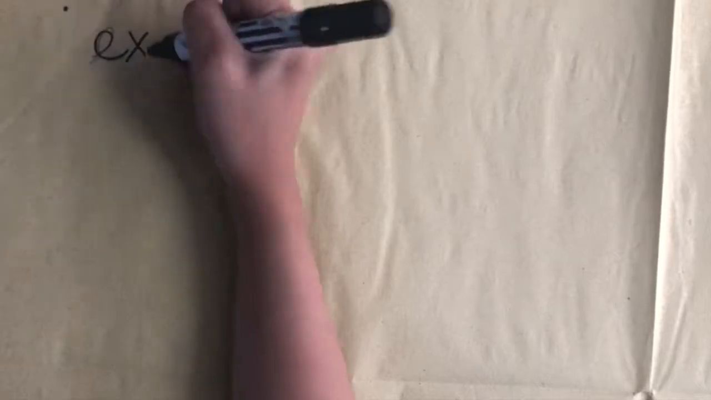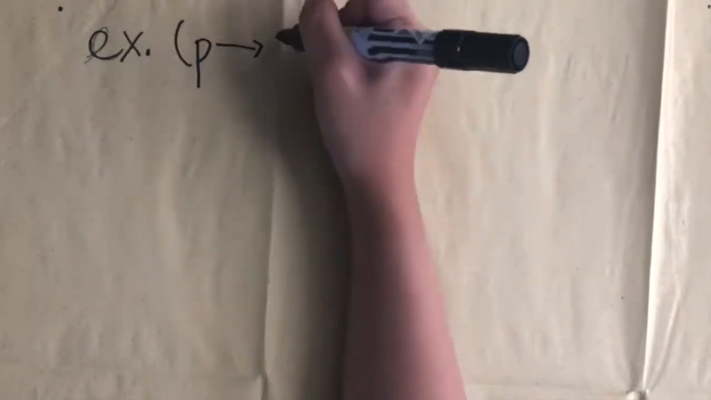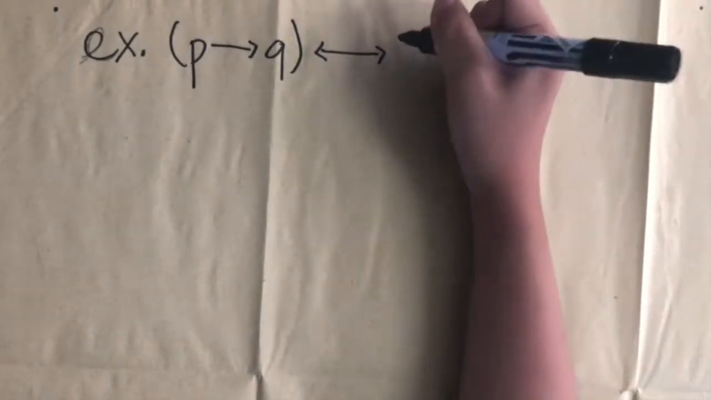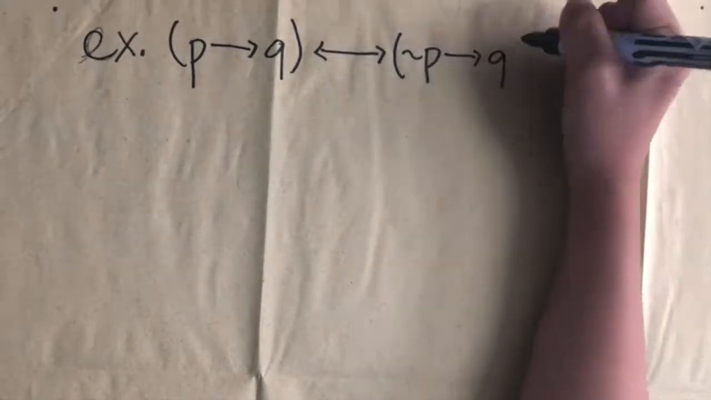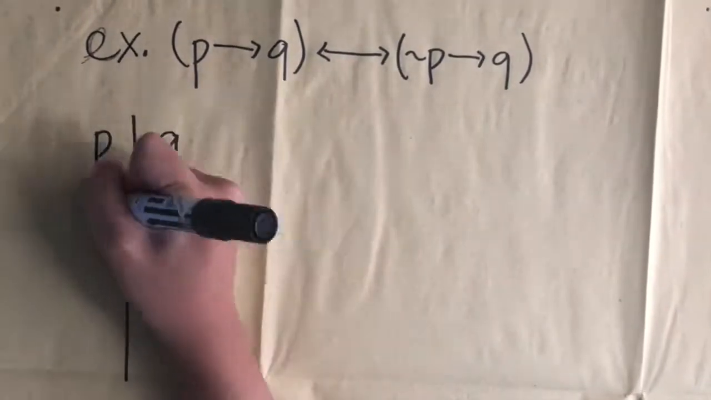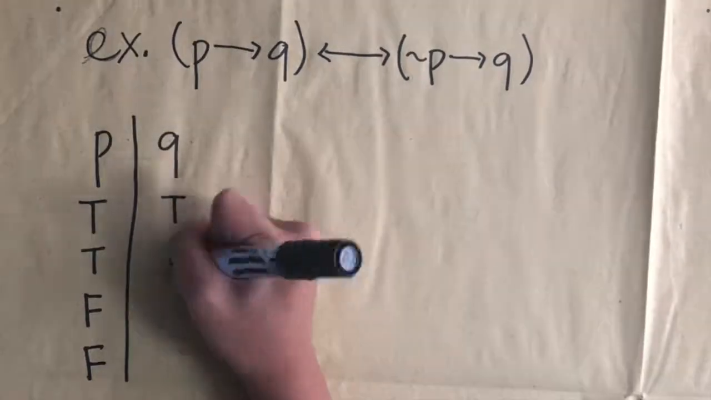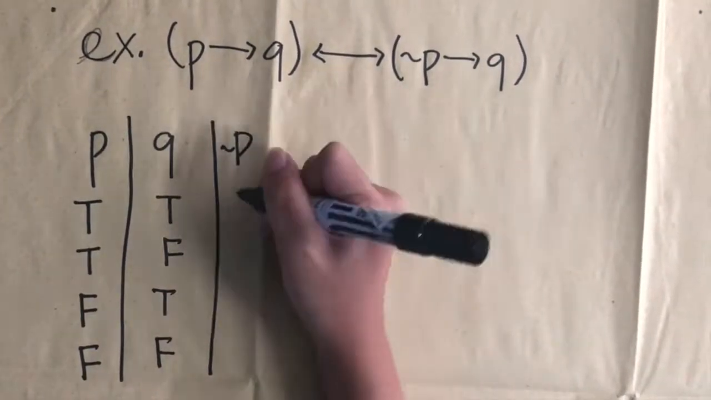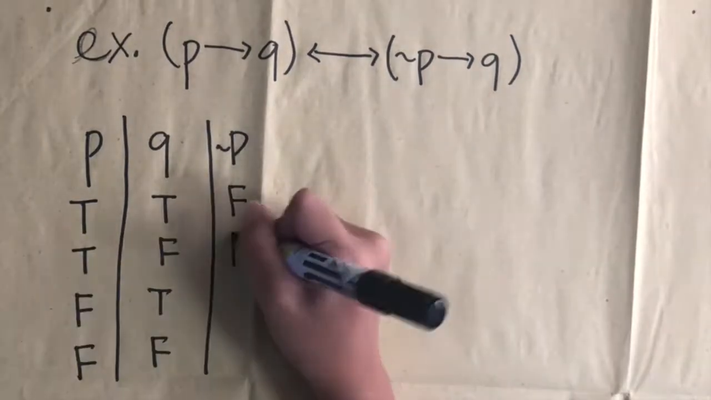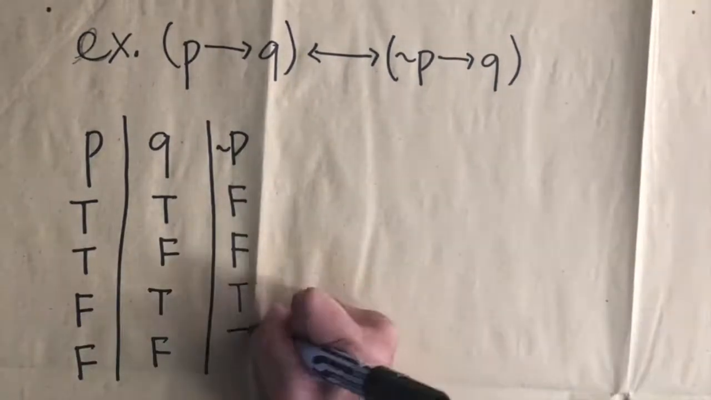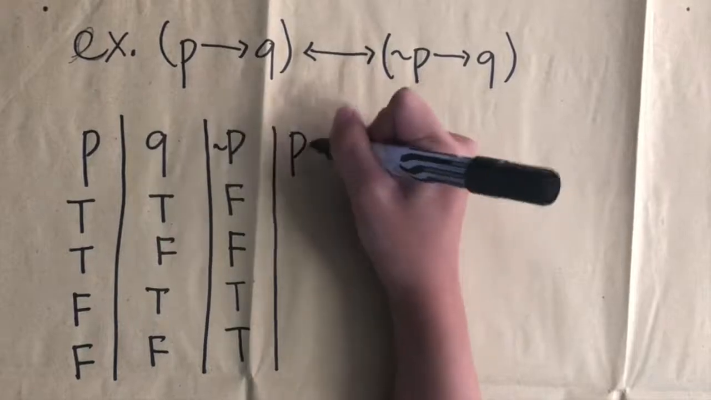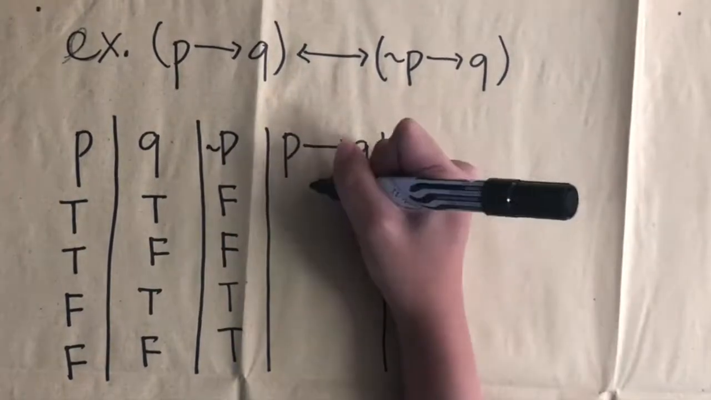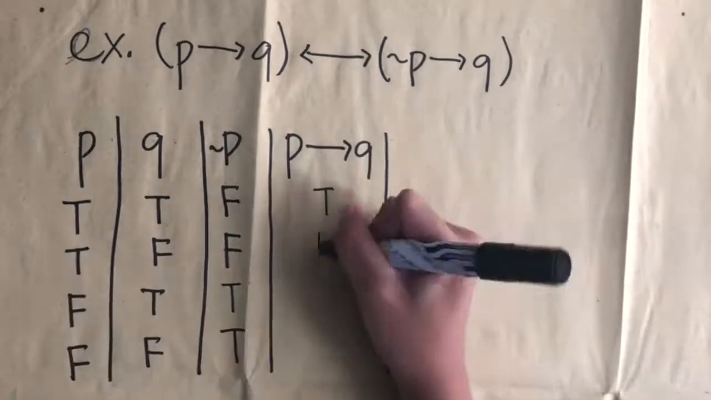Example, we'll use the equation if P, then Q is biconditional to if not P, then Q. So let's write down our variables. We have, of course, P and Q and the four possibilities. Now we have the not P column, which is the opposite of P. So we have false, then true, false, then true. Our next column is the first equation, if P, then Q. So we're gonna follow the rules of